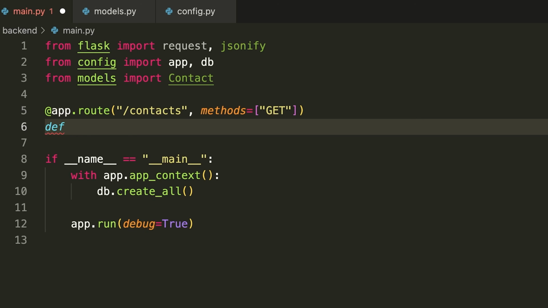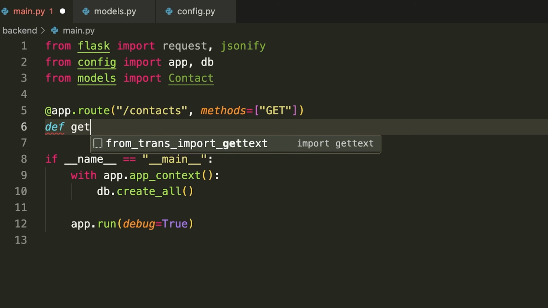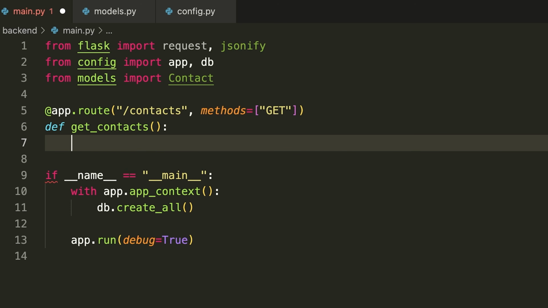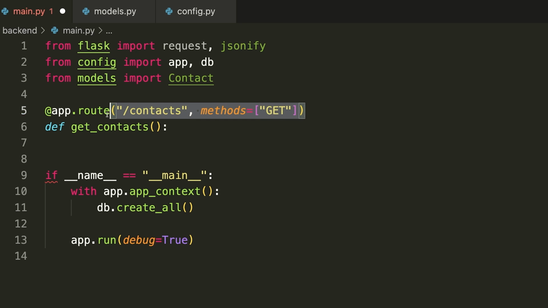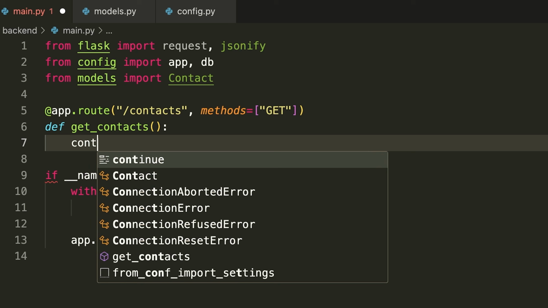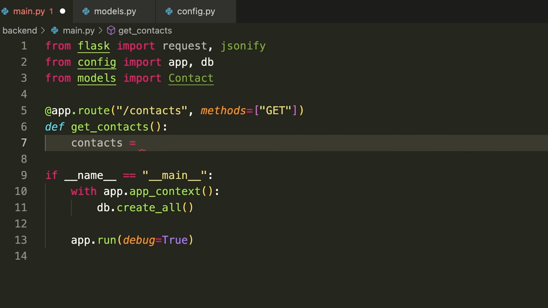Now beneath here, we're going to write a function. So we're going to say def and then get_contacts. You can call this function anything you want, so long as it's unique. And then inside of here, we can actually specify how we want to handle a get request that is sent to this route. So what I'm going to do is say contacts is equal to